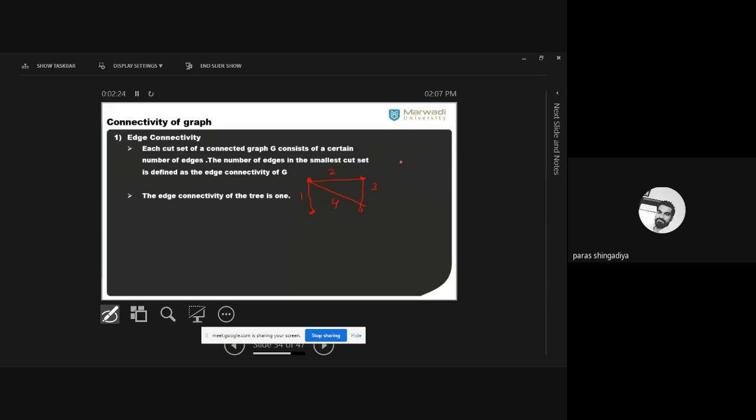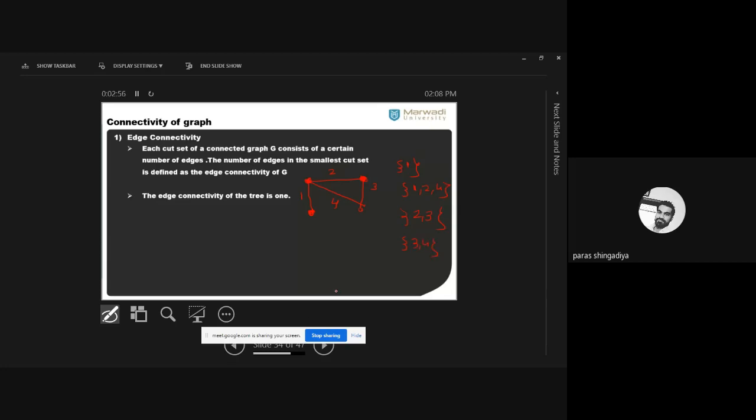तो first cut set कौन सा होगा? सिंगलटन 1, ओके, that is one cut set. अब 1 को डिलीट कर दो तो this vertex will be disconnected. ओके, सेकंड कट सेट कौन सा होगा? 1 2 4. ओके, 1 2 4 को आप डिलीट कर दो ग्राफ में से, so this will be one cut set. ठीक है, second is 2 and 3. ओके, 2 and 3 is also a cut set. 2 और 3 को रिमूव करो ग्राफ में से, तो ये जो वर्टेक्स यहाँ पे है, that will be disconnected with the graph.